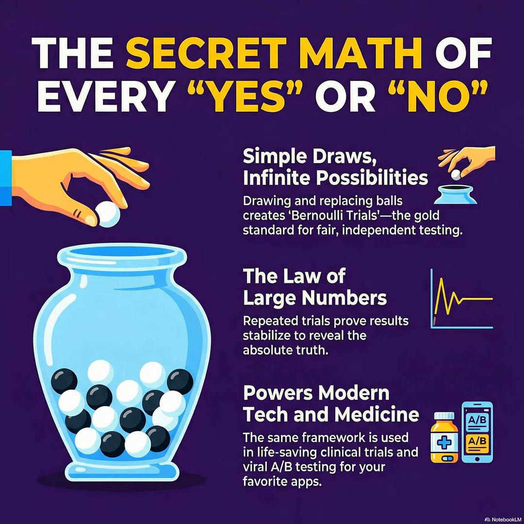So before we wrap up, what happens if we break the rules? What if I take a marble out and I don't put it back? Then you've left Bernoulli's world. That becomes a hypergeometric model because the odds shift with every single draw. And what about that model for viral videos? That's Polya's urn. In that model, if you draw a white ball, a success, you put it back plus another white ball. So success breeds success. Literally, it models things that snowball.